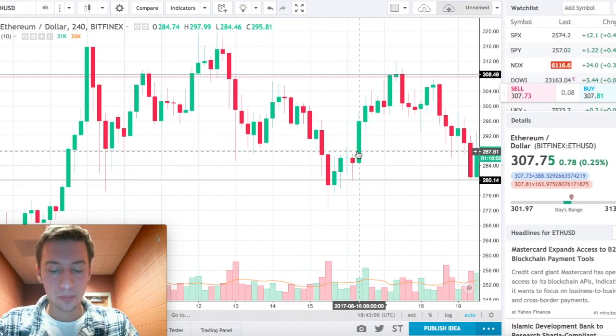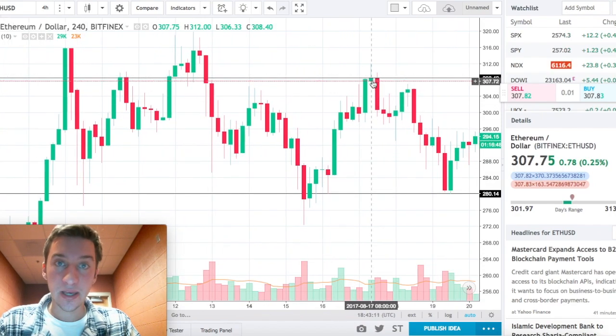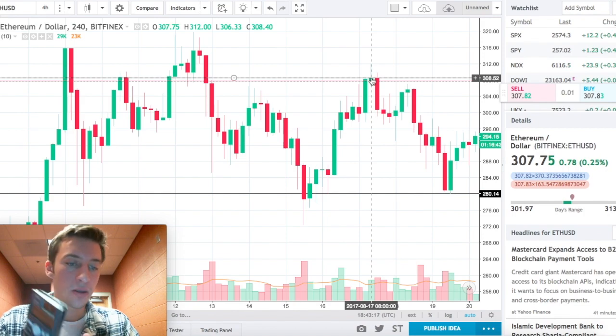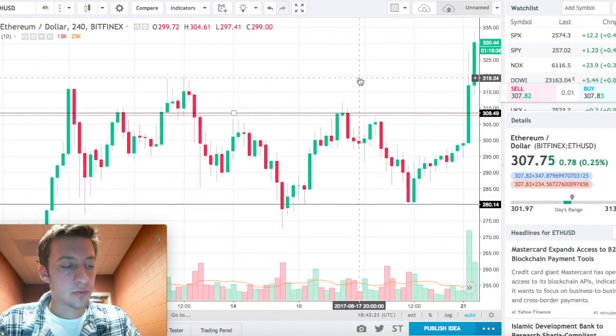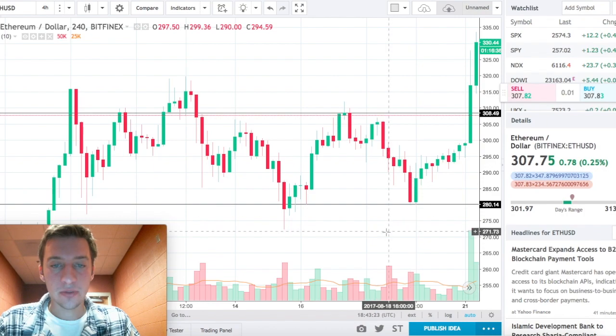So 308.5 minus 280 is 28.5. Now we would add that to the neckline, so that's our 308.5 plus 28.5, and that would be 337. And if we look here and put our take profit at 337 and our stop loss right below here for a confident, nice risk reward,